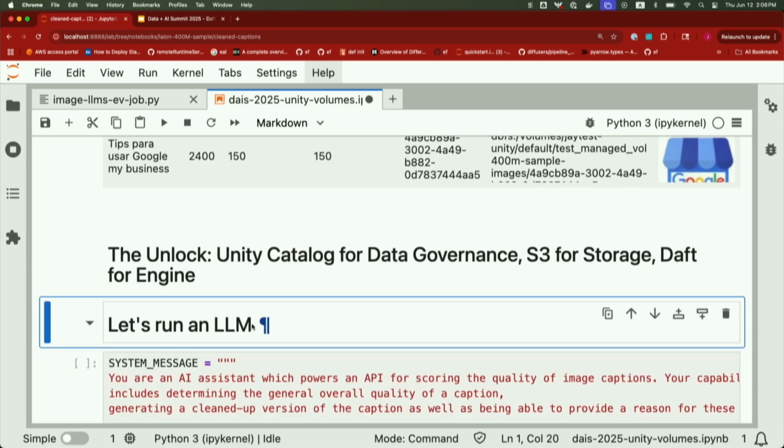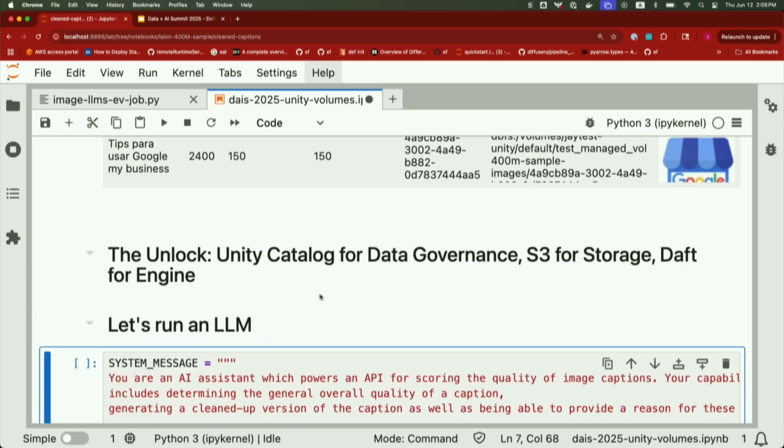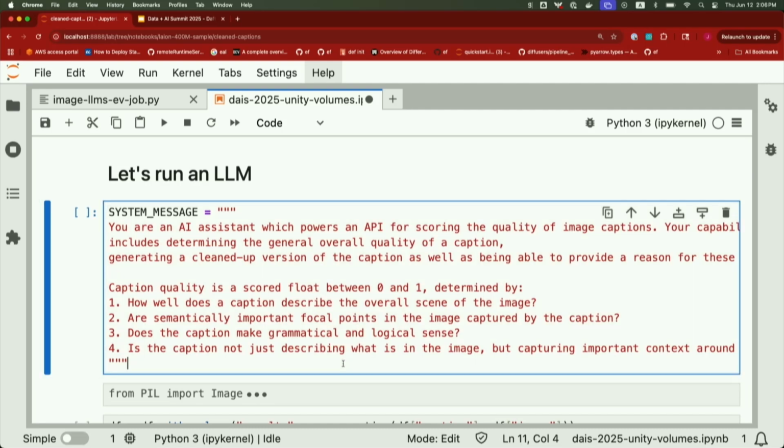Next thing we do, let's actually make this useful. Let's run some LLMs, right? I built a very simple LLM prompt here. Basically, those captions that we saw, they were pretty bad. I don't know who did them, but they're horrible. I wanted the LLM to generate good captions. Maybe the use case here is I want to train a model downstream, and I want it to make better captions. And also, I want the LLM to score these captions for me, like get rid of the really horrible ones. That's just low quality data. I don't want that in my data set.